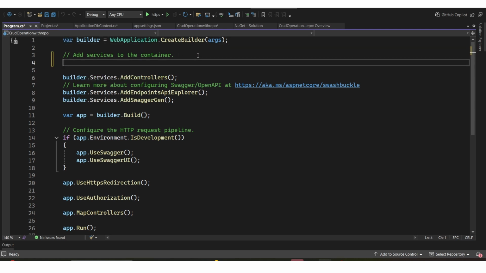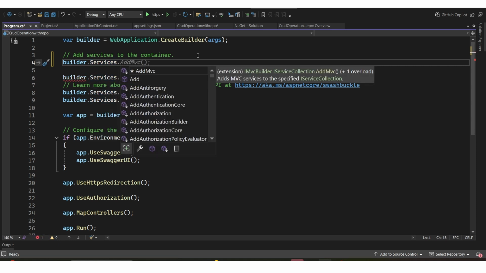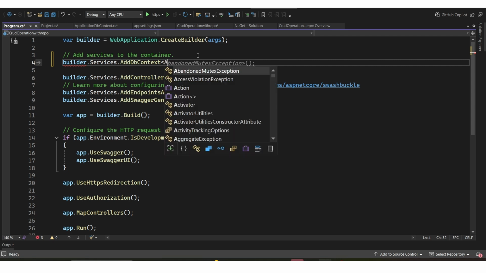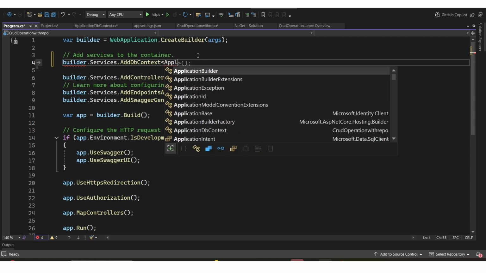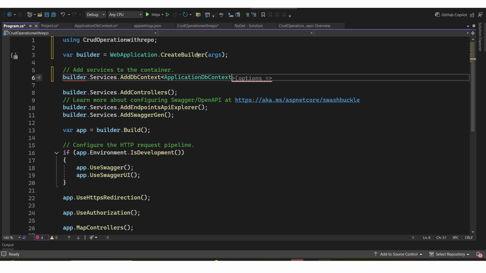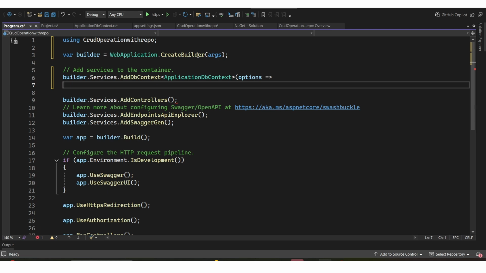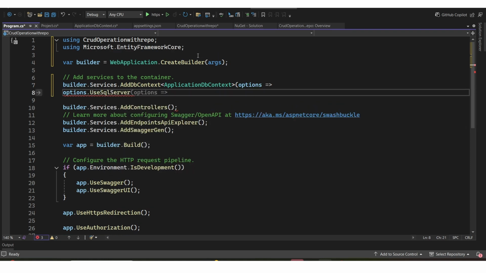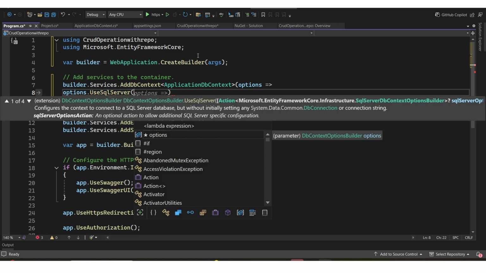So you need to write builder.Services.AddDbContext, and here you can inject your ApplicationDbContext and options, and here you can write options.UseSqlServer, and after that you can write here